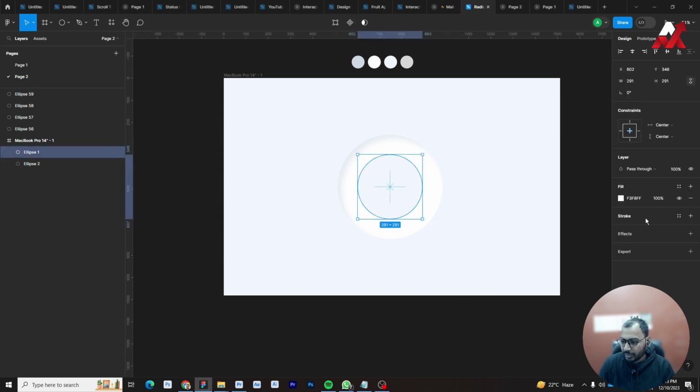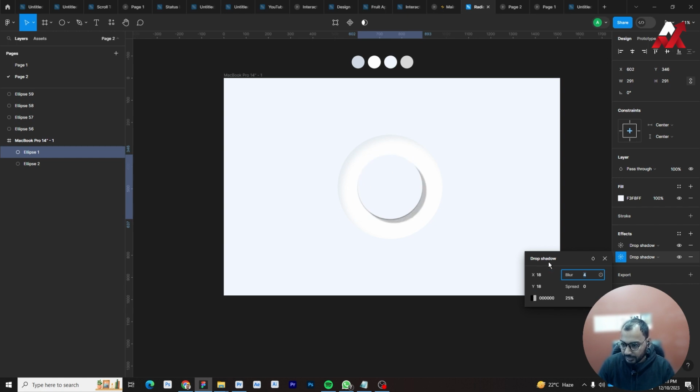So what we will be doing, guys, we will be adding 2 shadows, okay, and the shadows will be like this, drop shadow, drop shadow. So what we will do, we will simply go ahead 18, 18, 30, and this will be like this. So let's keep it like this, 30, and then go here and maybe 18, 18, FF, FF, FF, and we make this minus, okay, we make this 30,